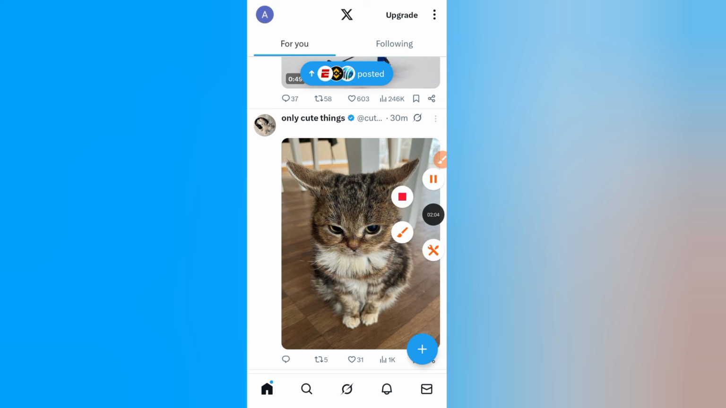Final result. After following these steps, the "Something went wrong" problem on X Twitter should be fixed and the app